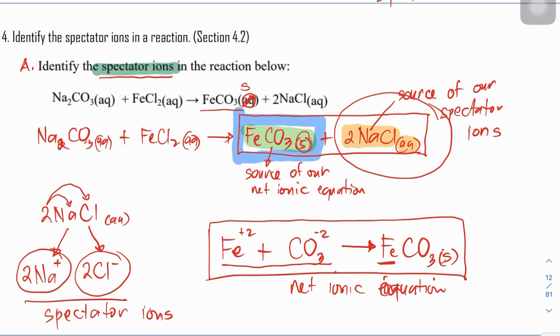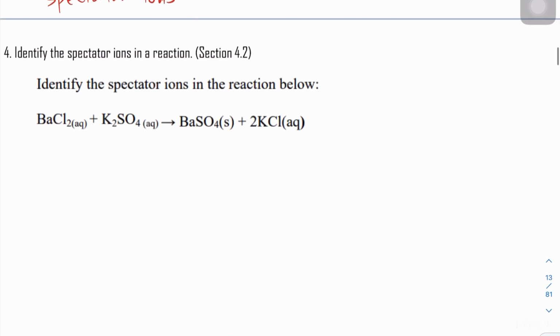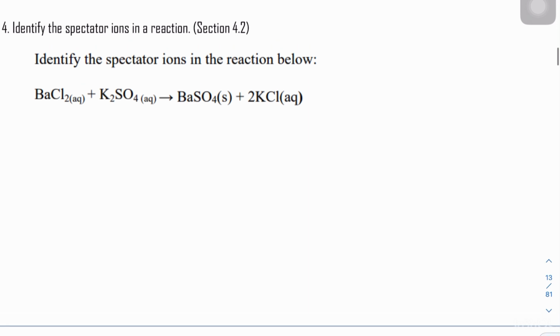Okay, so I hope you learned something. The very fast process is the fastest way to find the spectator ions and the net ionic equations. The only thing that is lacking is writing the complete ionic equations, and I will show you in the next example. You can pause the video here, try to solve, and then after that we will solve